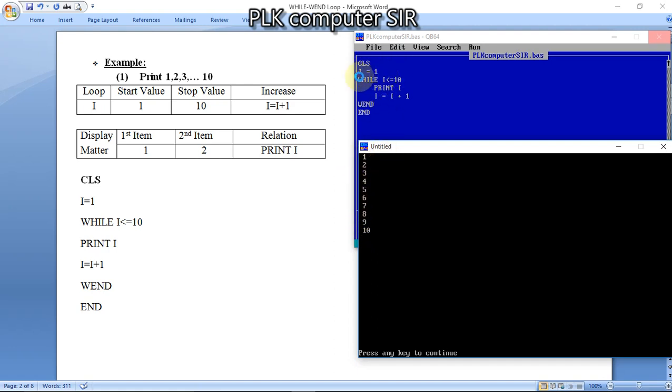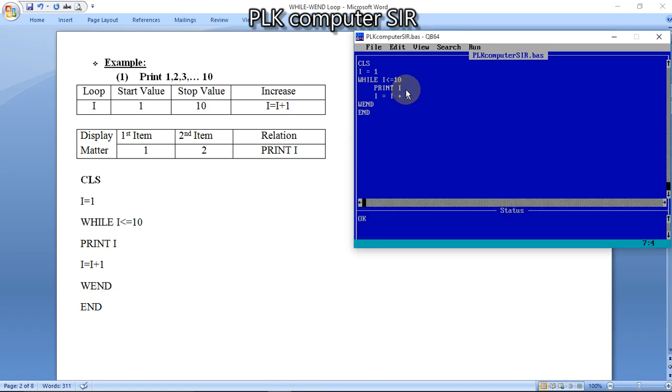So there are three components: initialization, condition, increase, because the start value is less than the final value. Three types of printing we can do. This is one type: without any symbol, we write only print I, so it comes horizontally in a different line.